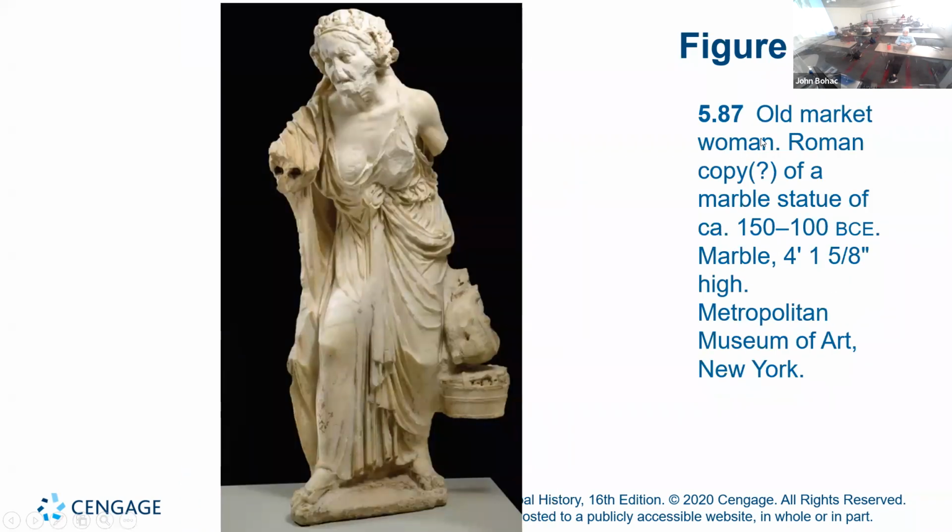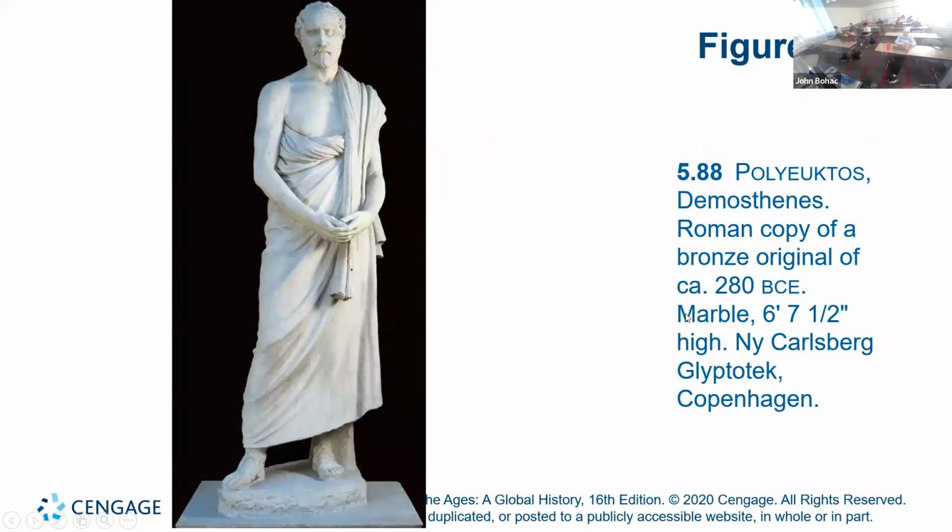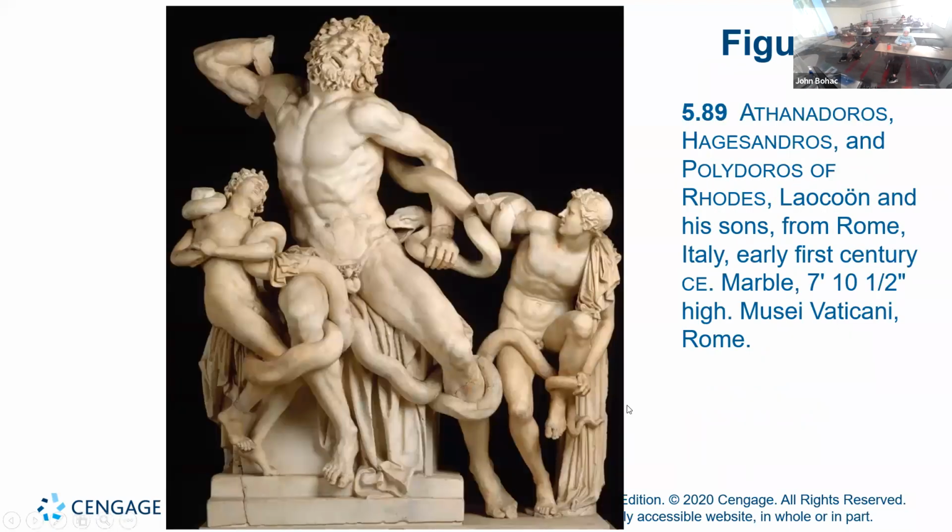Check this out. Old market woman. And some people think she's an old drunken woman. You know, bottom line, though, look at this. She's poor. She's a beggar lady. She's got her basket, clothes are in tatters. Another old guy, less than ideal, not in the prime of his life, maybe so. And kind of lastly,